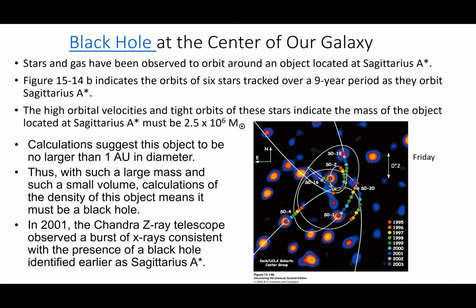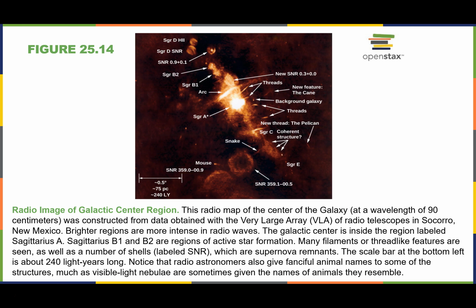Okay. Motion of stars. So we said, well, how do we say this? Well, we kind of know that, even with regard to our sun, the way the planets orbit the sun is kind of a function of what the mass of the sun is and how far the planet is from the sun. So if our sun was more massive, our planets would go faster, just because that's the way gravity works. Okay. So with that in mind, if we look at this,